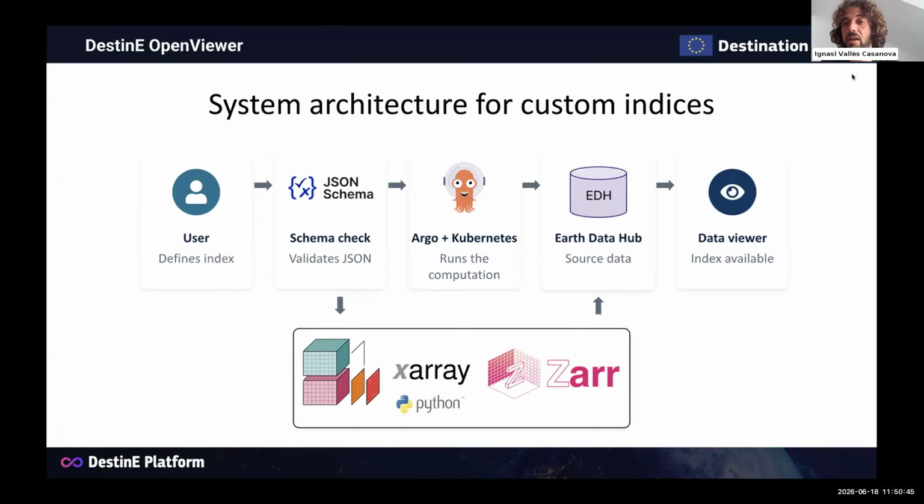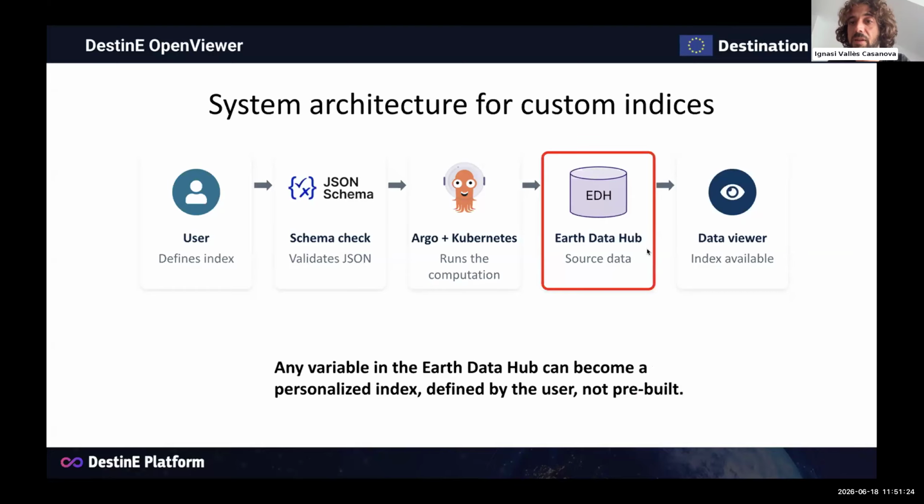So thanks to the chunking strategy on which the Earth Data Hub is built, that Matthias explained very well, we are now able to use the functions inside Xarray, select the area that the user defined, and compute the climate indices. Once the data is computed inside the Earth Data Hub, it's uploaded to the service where the data viewer reads this data and displays it. So it's pretty much everything thanks to how the Earth Data Hub is built.